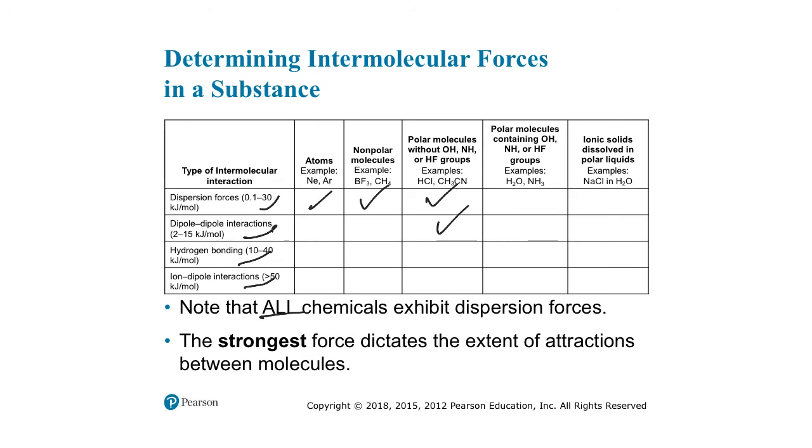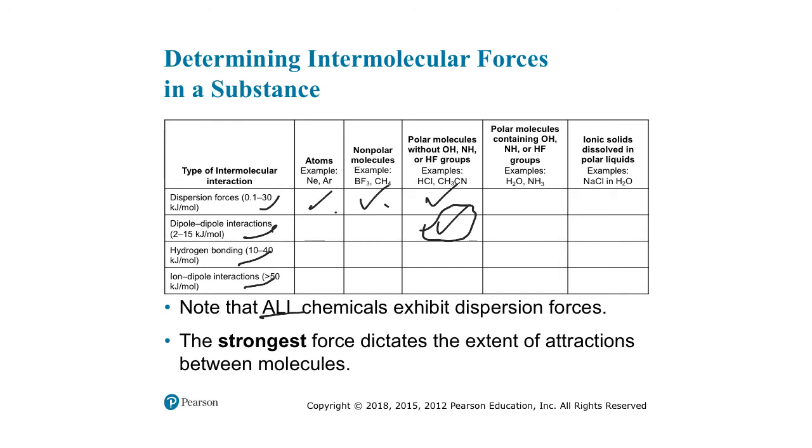The strongest force dictates the extent of the attractions in the molecule. Most of the time you'll look at the strongest force to determine the property of a substance. A polar molecule should have a relatively higher dipole moment compared to a similar size molecule with just dispersion forces. And then let's look at a polar molecule that has OH, NH, or FH groups on the molecule,